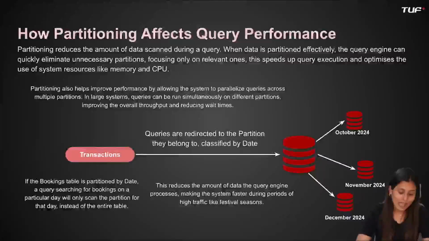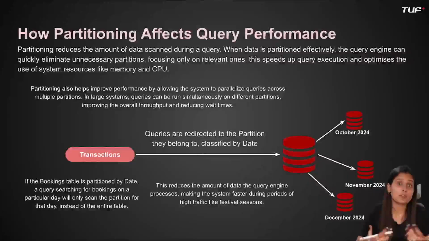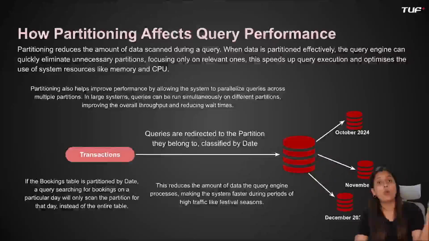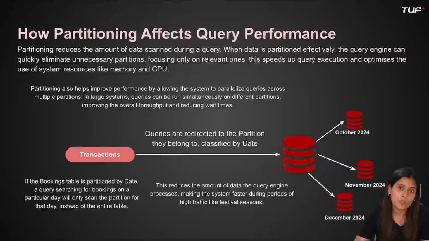As we have already discussed, we have saved the data on the basis of month, right? All the bookings based on month. So if we have to search for some bookings which have been made in a particular month like June, instead of searching the whole year, we just need to write the query to search for the month of June, and it will give the result, taking very little time to fetch the data.